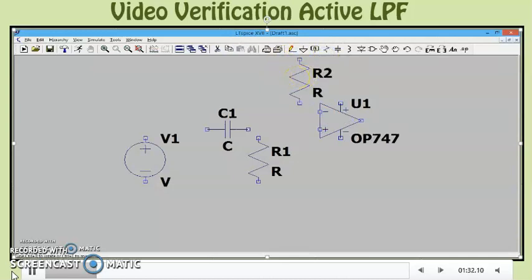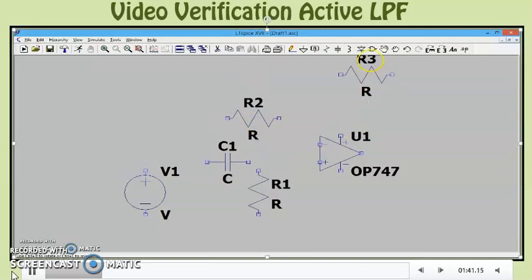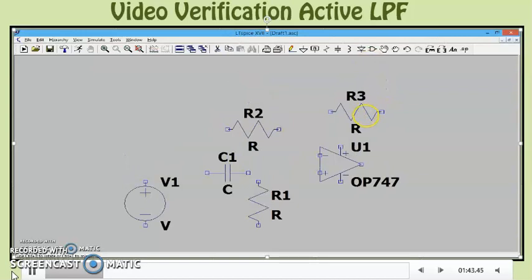Now two resistors, R2 and R3. This is R2 and this is R3.